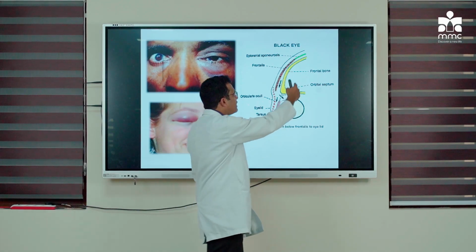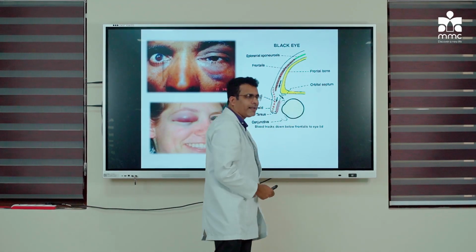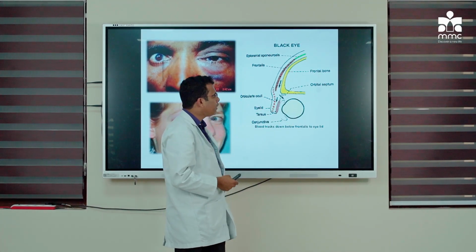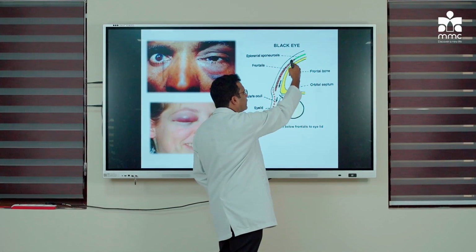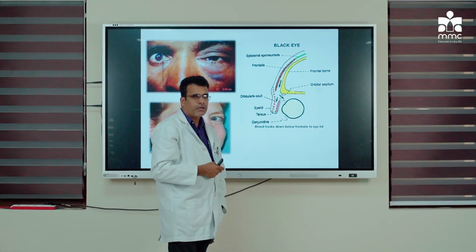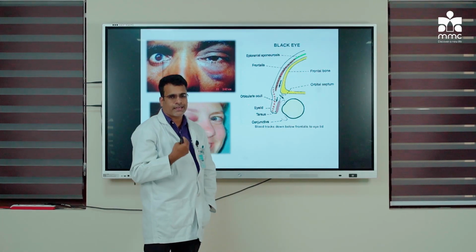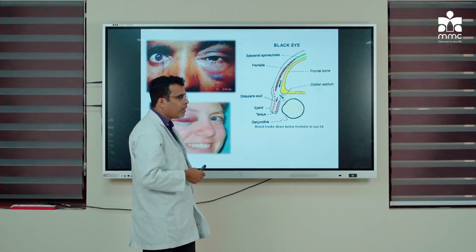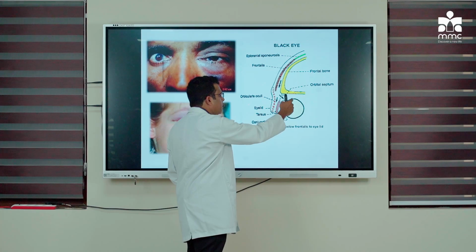And because of extravasation of bleeding at the subaponeurotic layer or the fourth layer, due to gravity, gradually that blood can come and settle surrounding the orbit and the upper eyelid. So that will result in a blackish discoloration surrounding the orbit, the periorbital region, because there is a